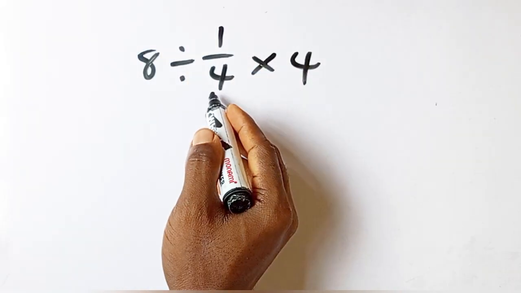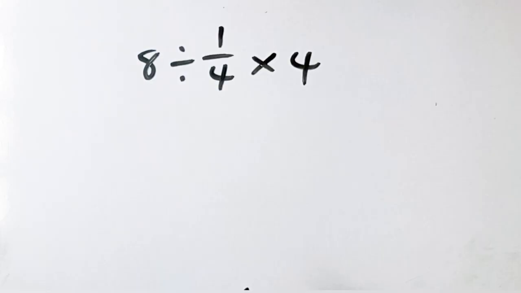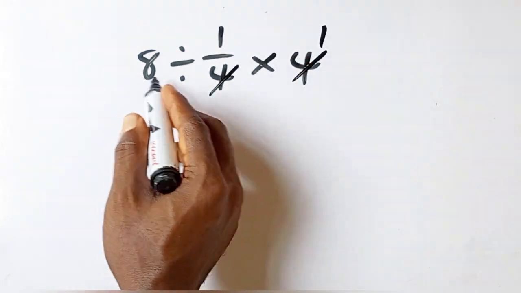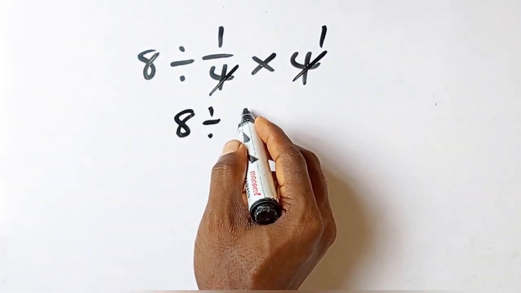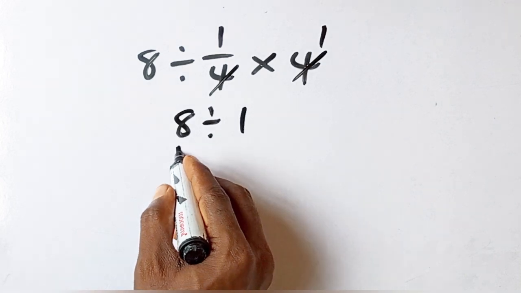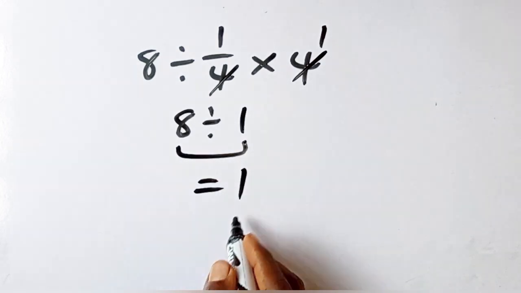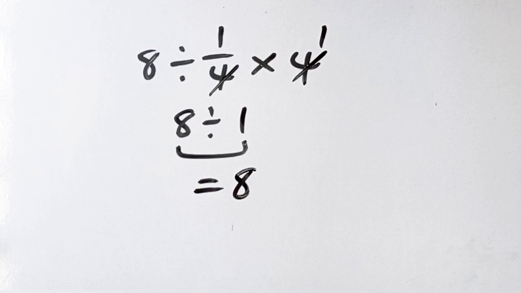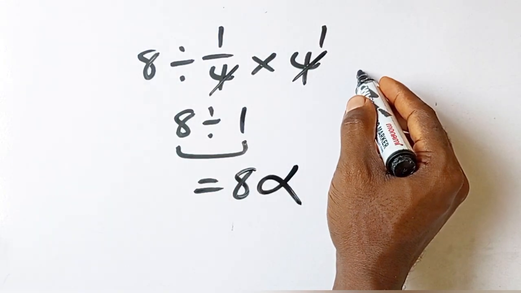8 divided by 1 over 4 times 4. Some people do this: 4 divided by 4 is 1. So we have 8 divided by 1, which equals what? 8, okay? 8 divided by 1 is going to give us 8. But this answer is not correct, because according to the order of operation,